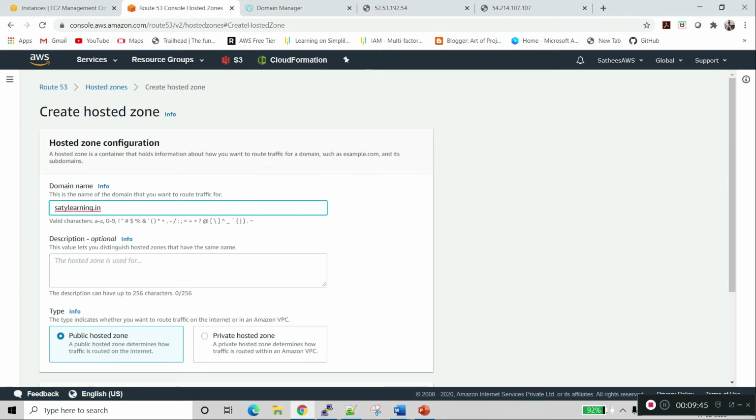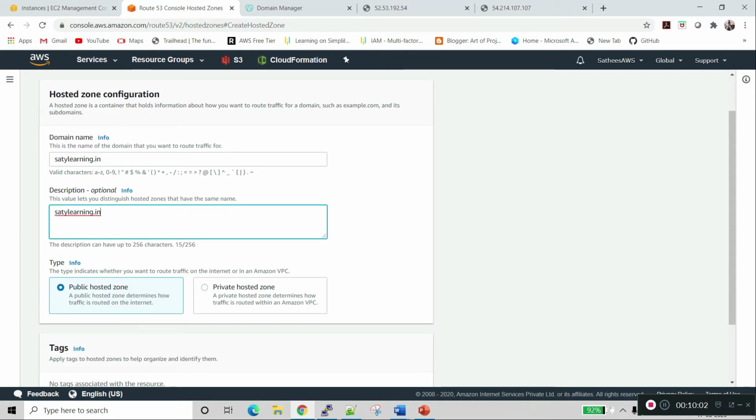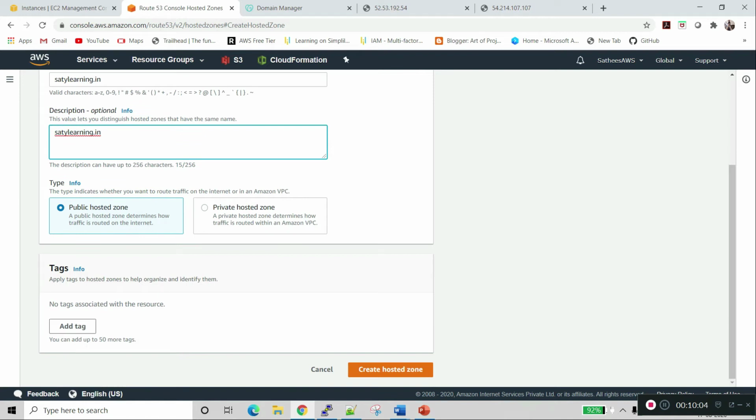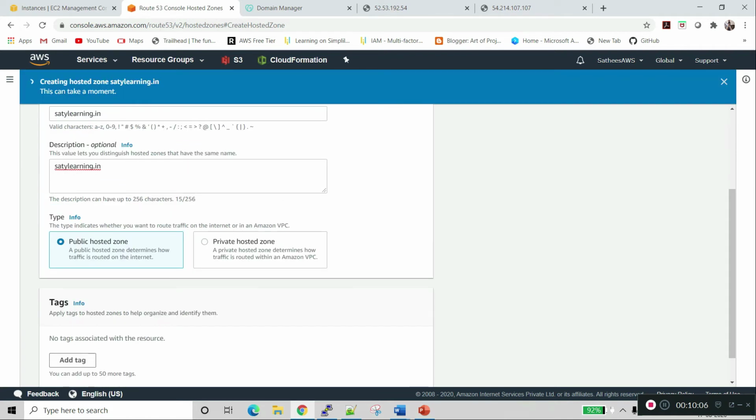If you don't have a DNS name, please purchase one from GoDaddy. You can spend from 500 to 1000 rupees per year, and you can create one DNS name. It's a public hosted zone, and the tag is not mandatory, so we will create the hosted zone.